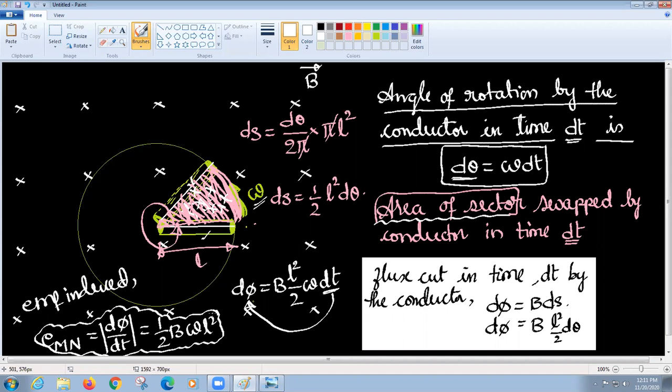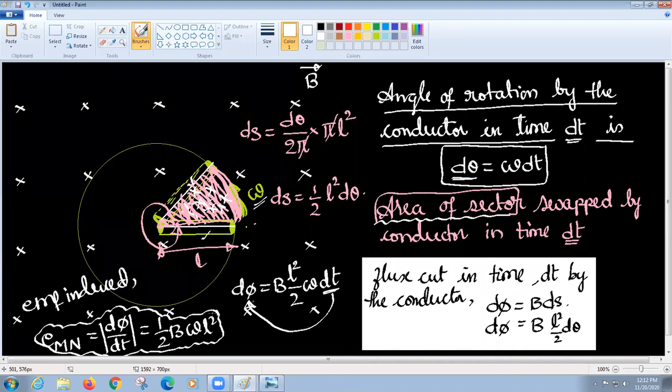Also next class, we will take a square loop in the magnetic induction like this and rotate the square loop with respect to an axis. Then we can see a time varying EMF; the induced EMF will also be time varying. That we will see, followed by a few problems.